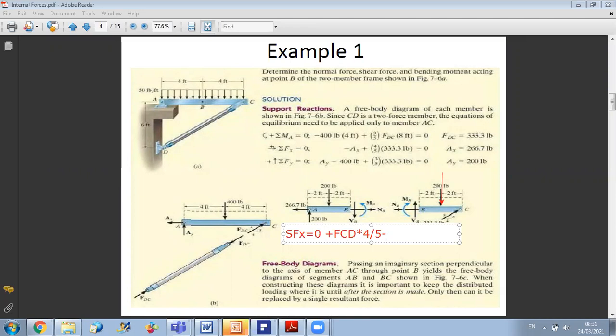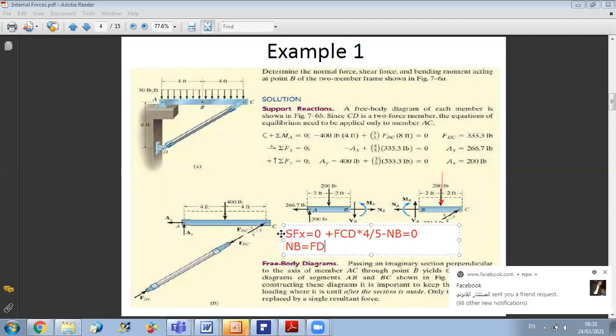Minus NB equals 0. So this will give me the value of NB, the internal force of tension. So NB is equal to FCD times 4 over 5. Now, for Y, what do I have along Y? Sum of Y equals 0. Along Y, I have the shear force, so plus VB